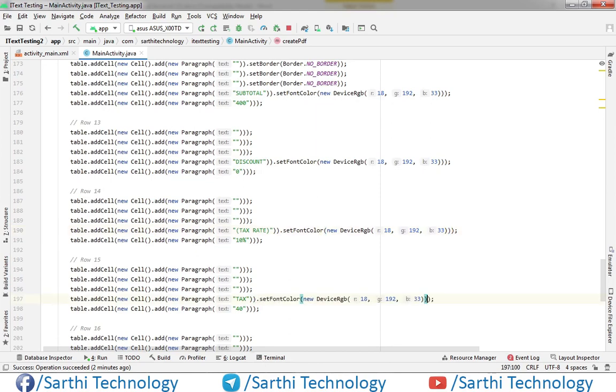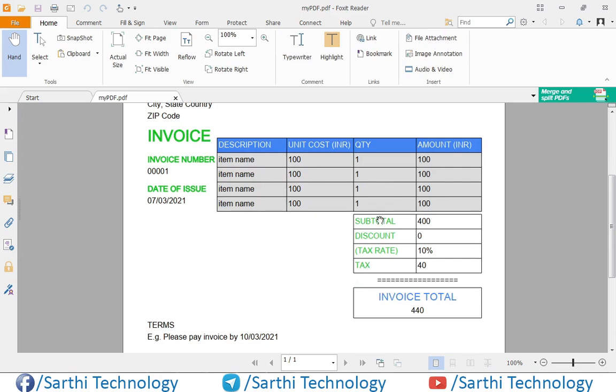Okay. So these four font colors and these are default.